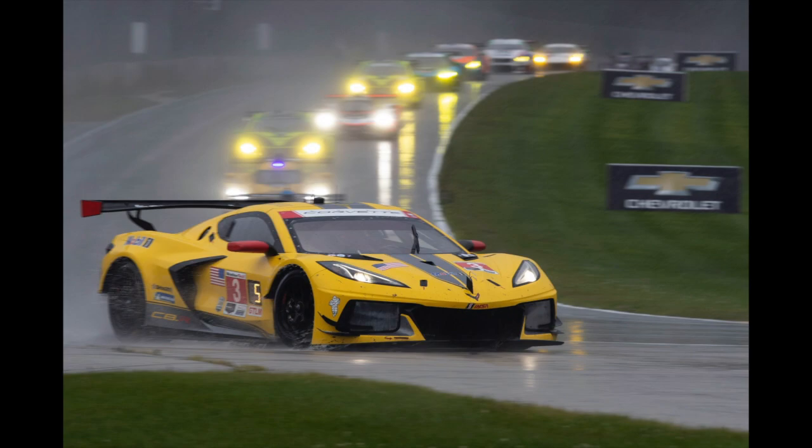In GTLM, Corvette Racing's Antonio Garcia and Jordan Taylor take the class win in the Corvette C8.R. In second place is the sister Corvette C8.R, driven by Tommy Milner and Oliver Gavin. And rounding out the podium in GTLM is the BMW Team RLL BMW M8 GTE of Jesse Krohn and